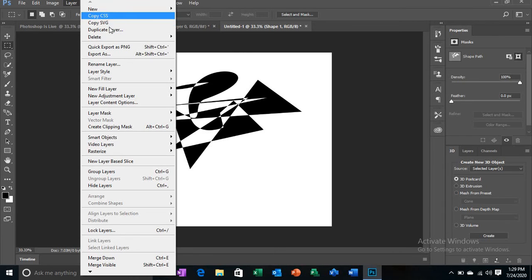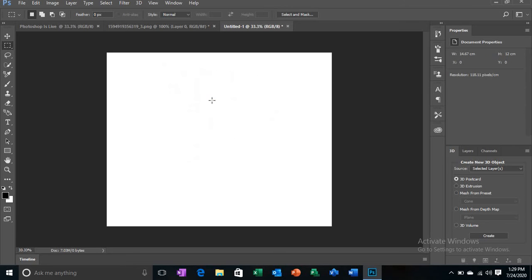If there is, then you'll say delete layer, delete layer, yes, shape one. So everything is deleted. There's no option of undo. You could use E for the eraser tool also. So the eraser tool can also be used in this case if you want to erase something, any image.